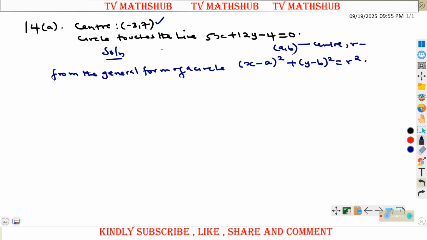So since we are given a as -3 and b as 7,